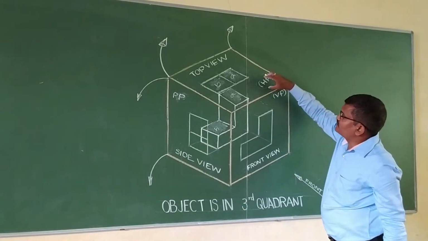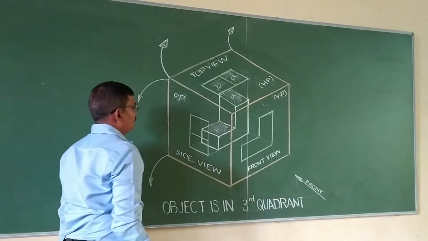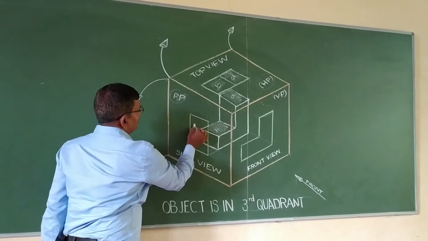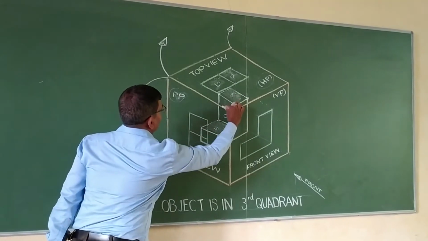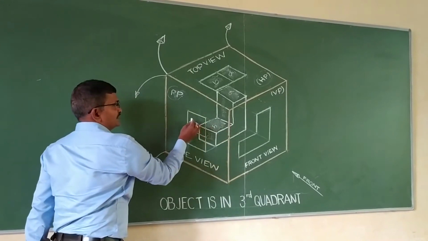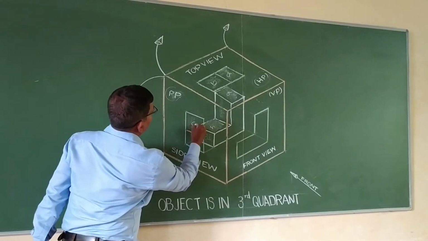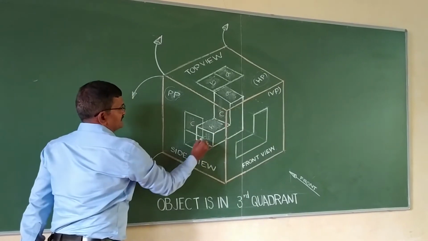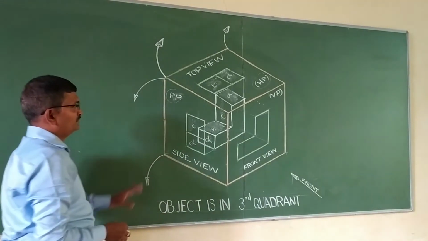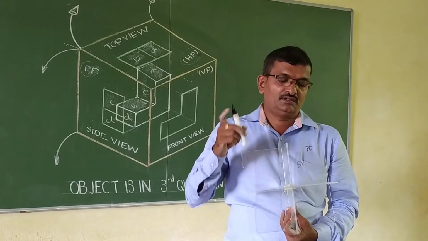They are formed on the horizontal plane, and the side view is formed on the profile plane. Here is the C surface, a vertical surface, and another one is the D surface. This is the vertical surface. It is formed on this. That is the C surface. This is the D surface. So three views are formed. See, these are the four quadrants.